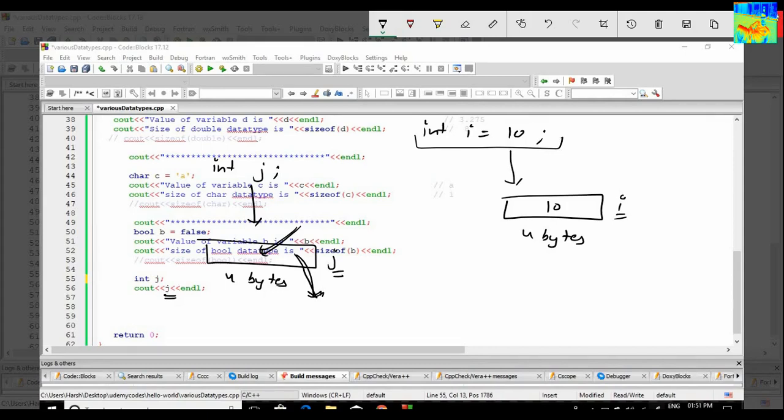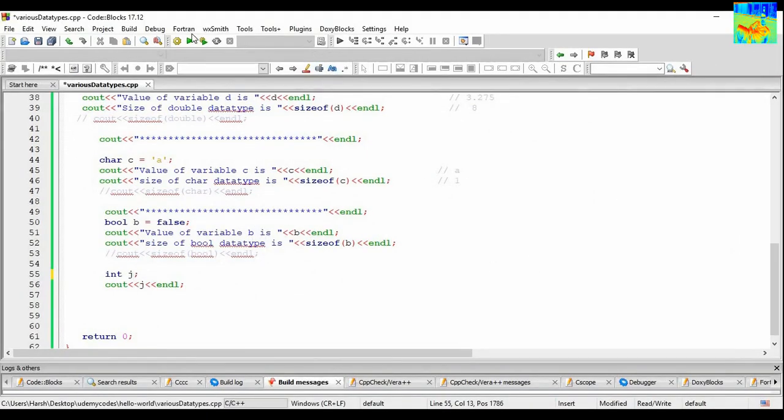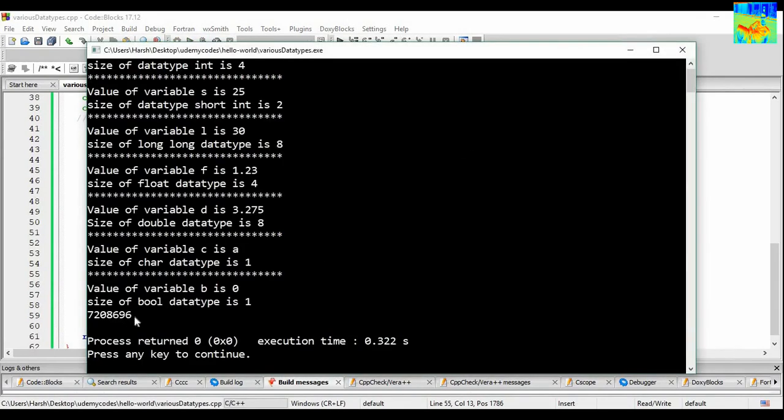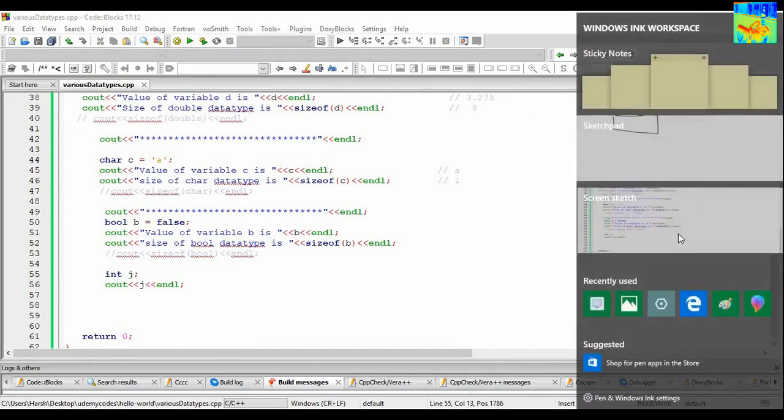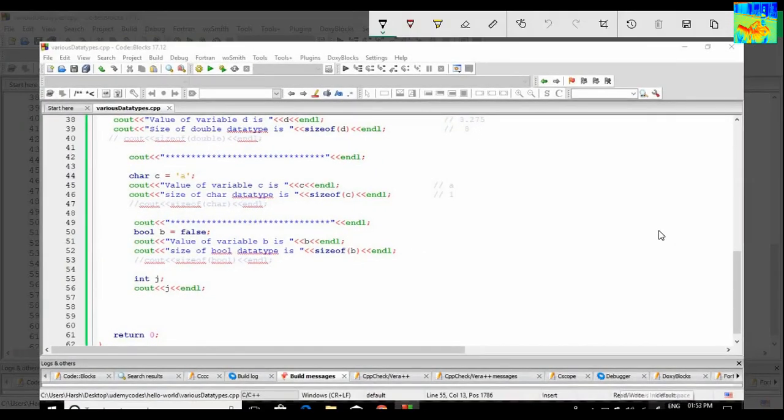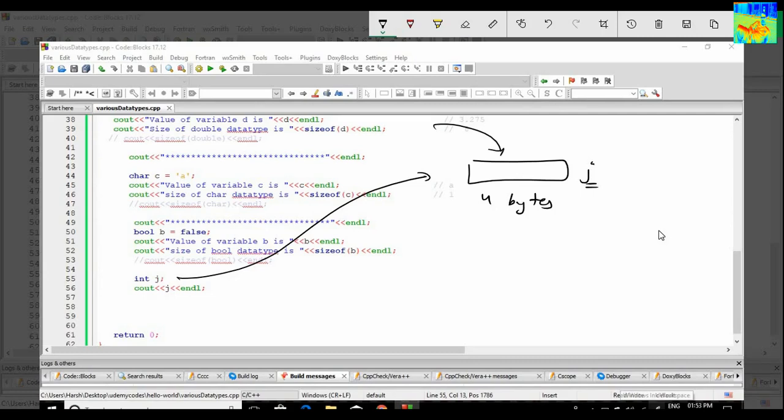Okay, so let's see. So this value is getting printed. We call this value garbage. So what is happening here? This line is giving me 4 bytes of memory as expected, and I am naming this memory as j, but I am not putting any data inside it.